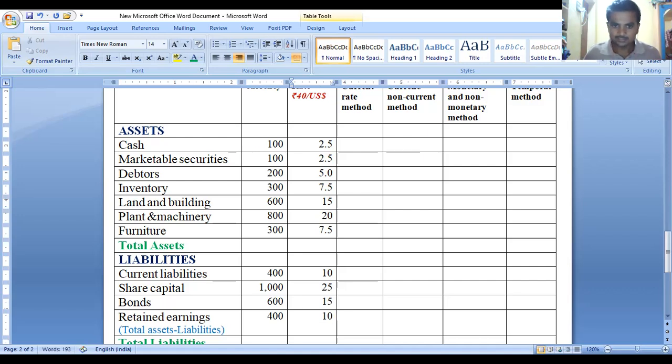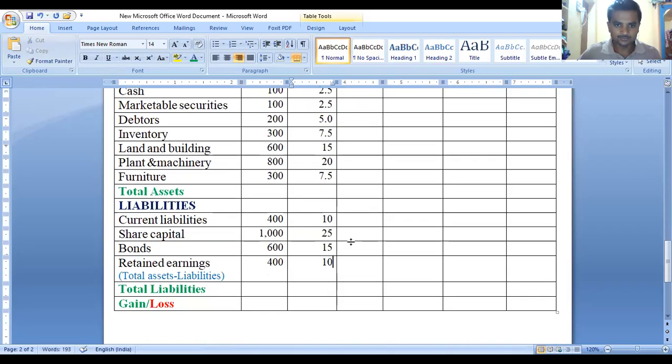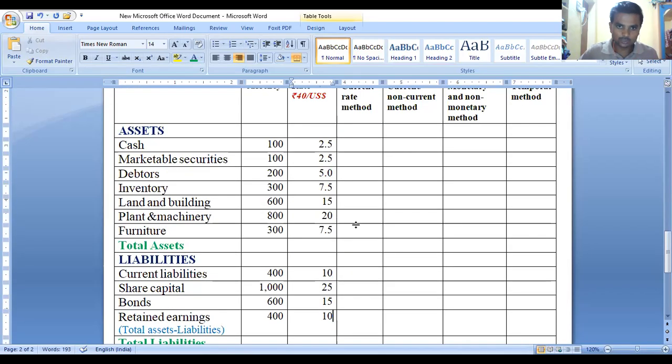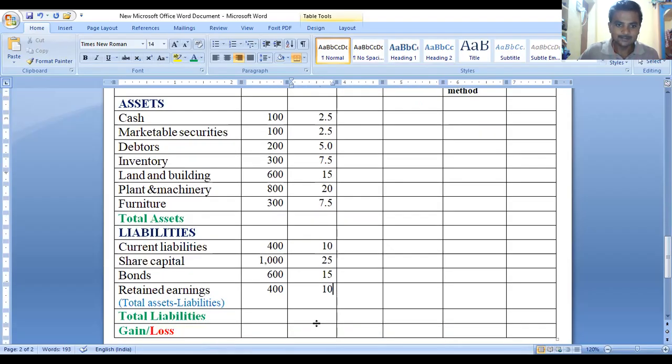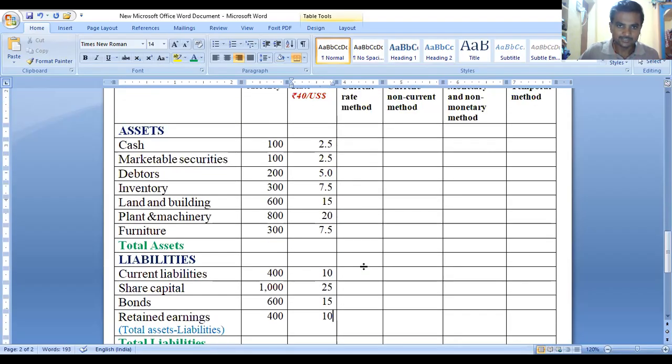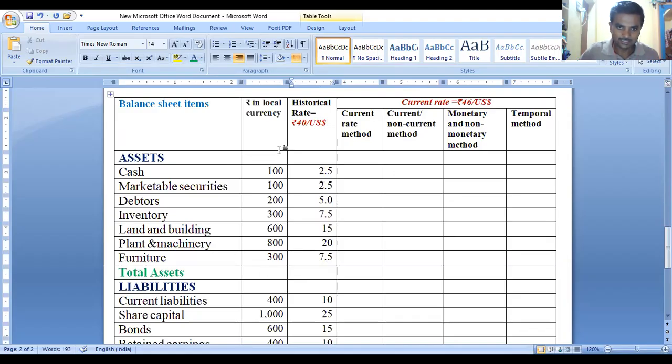Bonds 15, there is a 10. So here is what we want to do: we need to calculate total asset and total liabilities. Yes, as per the total asset existing in the balance sheet, we need to calculate. Initially, we need to calculate. So it comes